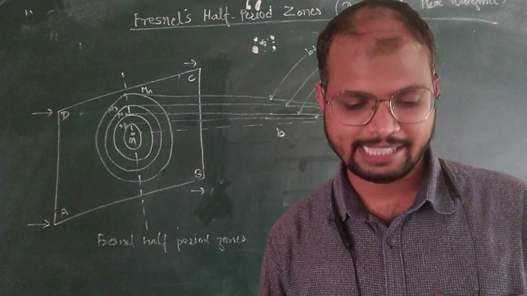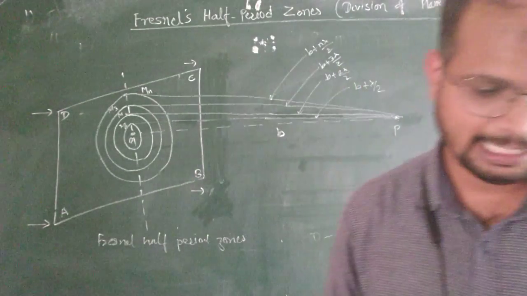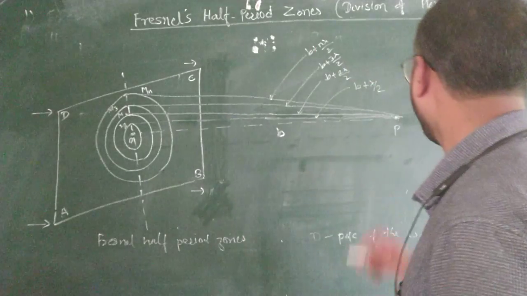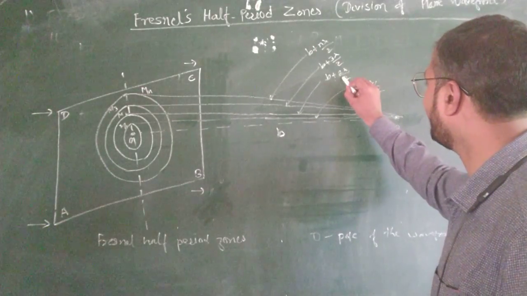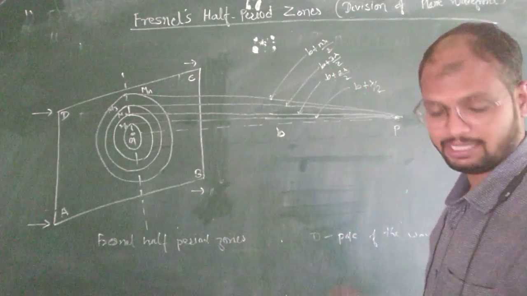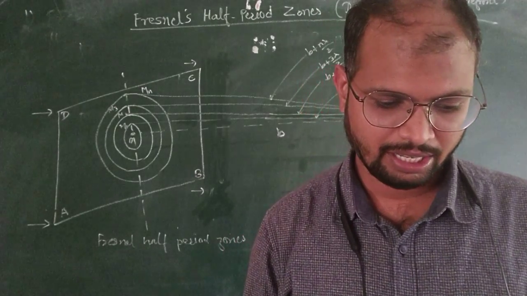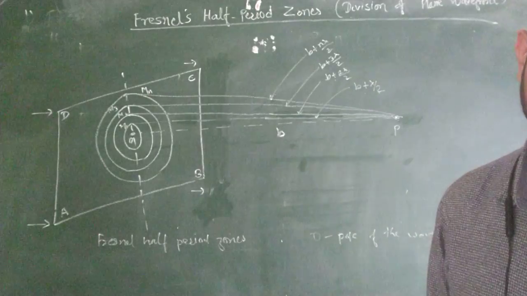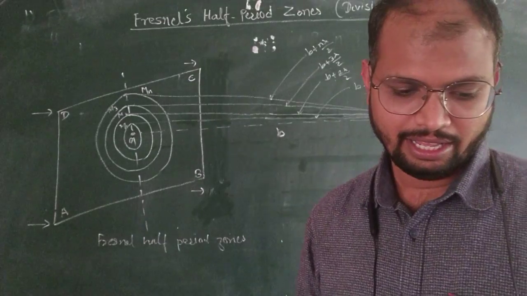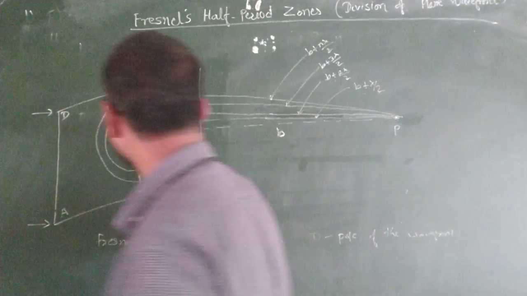With P as a center, spheres of radii equal to b plus lambda by 2, b plus twice lambda by 2, b plus thrice lambda by 2, up to b plus n lambda by 2 are drawn. These spheres cut out circular areas of radii OM1,